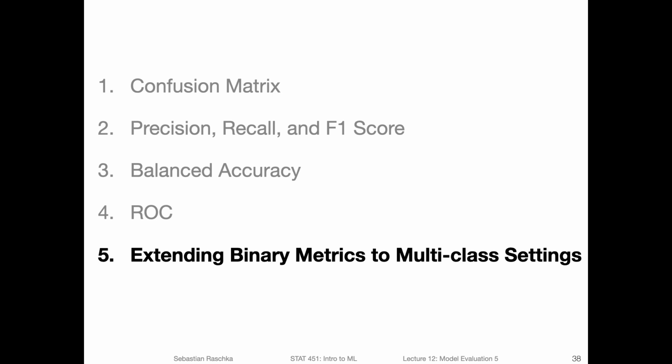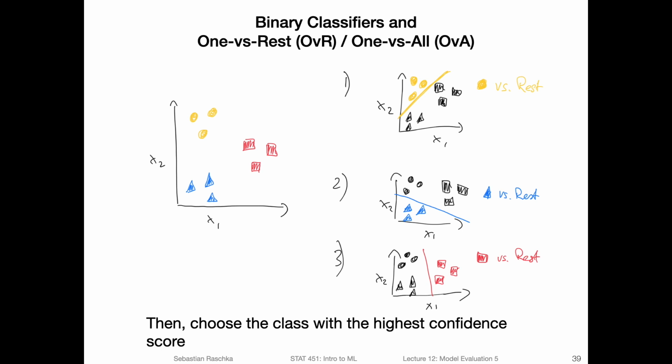Lastly, a few words about multi-class classification problems. So here, this has nothing to do with multi-class evaluation metrics. It's just how certain classifiers can be extended to work with multiple classes. In this class, we talked about decision trees, k-nearest neighbors, gradient boosting, random forests, and other classifiers that all work